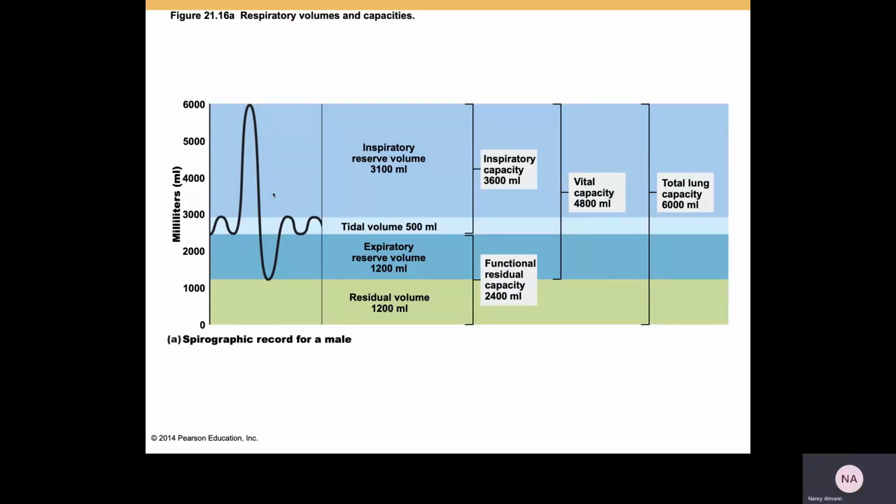So when you talk about functional residual capacity, about 2,400 milliliters for a male, residual volume plus expiratory reserve volume. And when you're talking about expiratory reserve volume, you are talking about forced expiration. And when you talk about inspiratory capacity, you're talking about tidal volume and forced inspiration. Vital capacity is going to be the amount of air that you can breathe in and out, whether it be tidal volume and or forced inspiration or expiration. And total lung capacity is going to be all of the air in your respiratory tract,